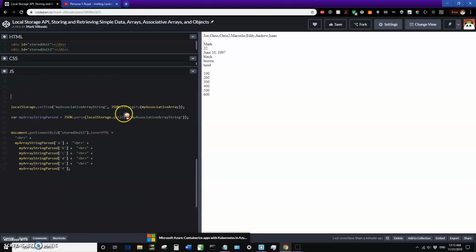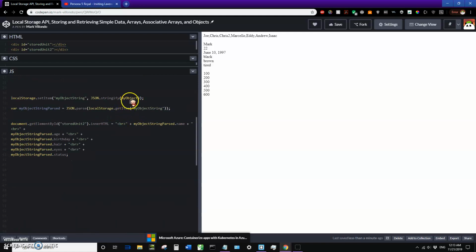So we're turning it into a string. Then we're going to create a variable that is my object string parsed. Once again, it goes into local storage, gets the item, grabs the object by the name, which is my object string, parses it, and puts the new object into